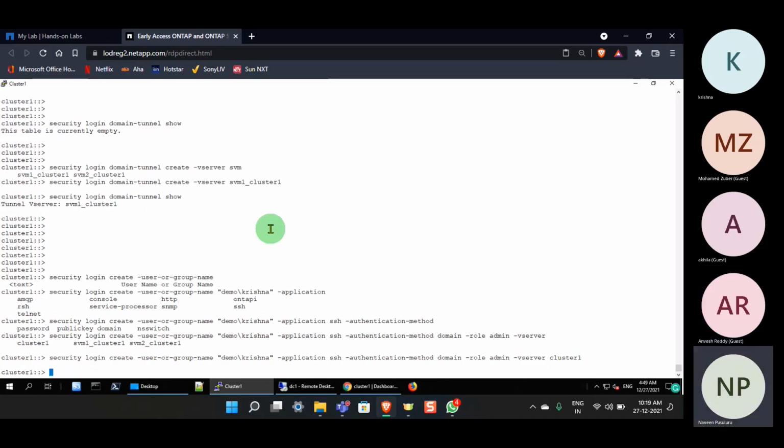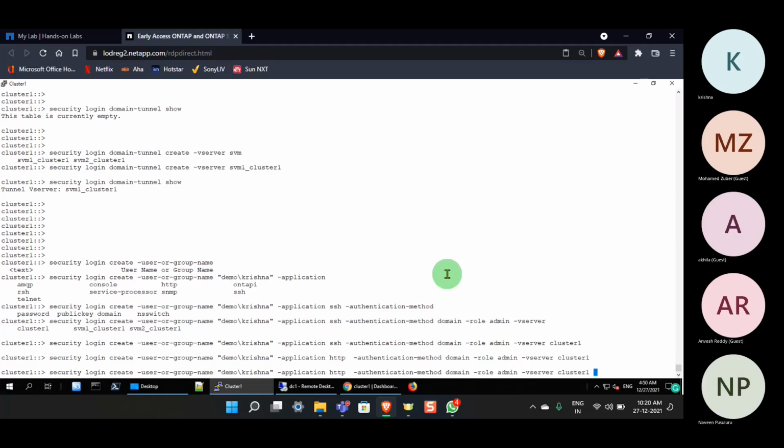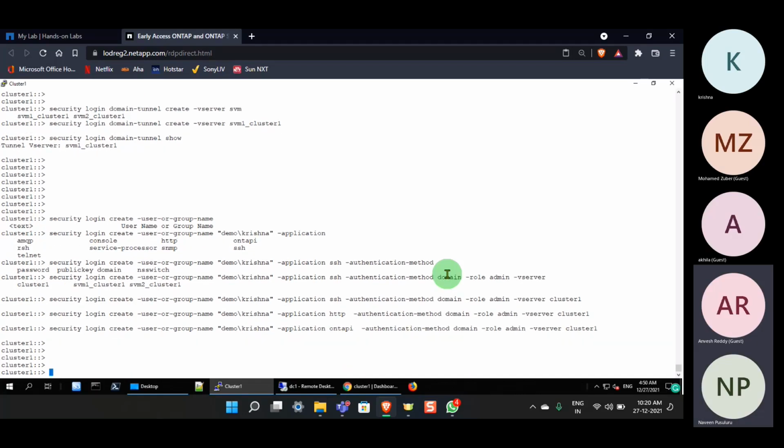That's it. Why has it not asked me for the password? Because the password and all are already configured on the Active Directory. And here, as I have selected domain as the authentication method, it will check for authentication and everything in the domain itself. And the same way, I'm going to give access to GUI as well to Krishna. HTTP. We will not be able to specify multiple applications at a time. Maybe I have added it now, but earlier it was not there. Okay. So along with that,